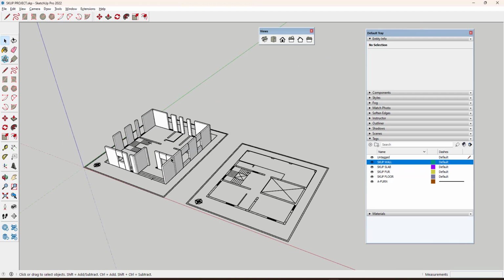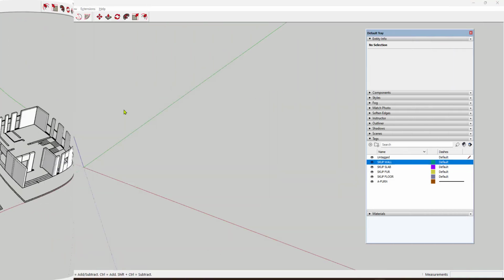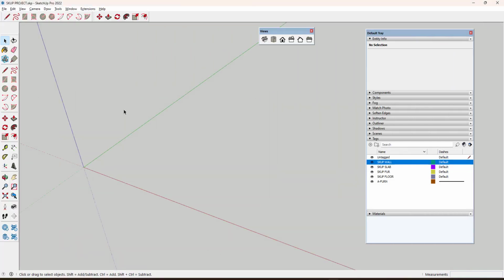So when we have a JPG, let's learn how to import the JPG. Now let's learn how to import the JPG format into SketchUp to develop the 3D model. So when you get a PDF format from the client, then it's better to always go with the DWG file. So if it is not, then you can import the JPG format. Open that PDF and then convert that into JPG. Now I just want to import that.